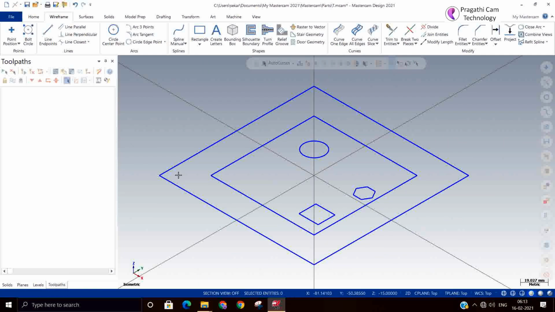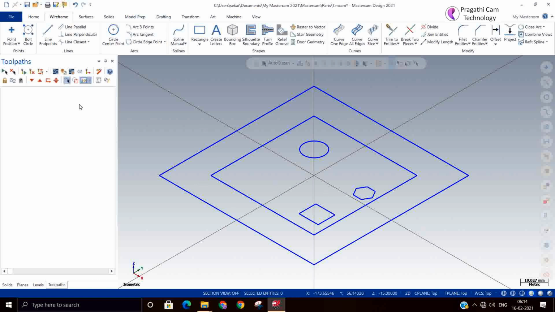Suppose you want to machine this. You need to machine each depth separately, going to different depths and machining. Maybe 3-4 operations you have to do. You need to go step by step to machine this.